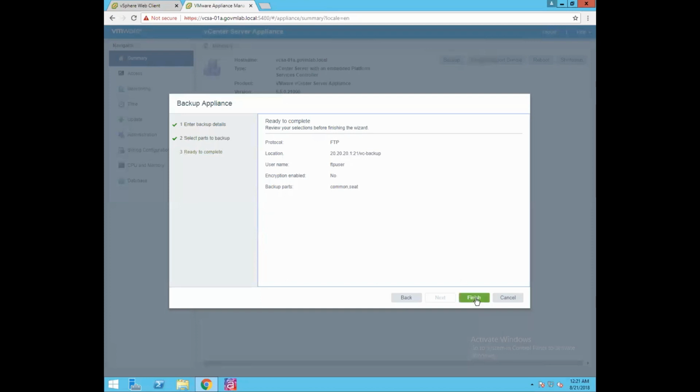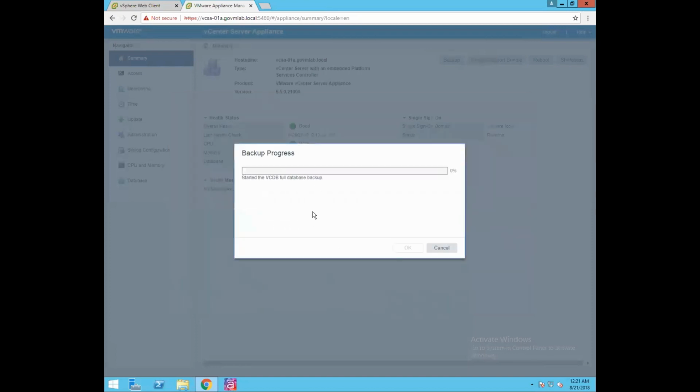Now click on finish, and now as you could see, the backup has started. Backup job has started. It has started backing up the data, and has successfully finished the component scripts backup. As you could see, the backup is in progress.